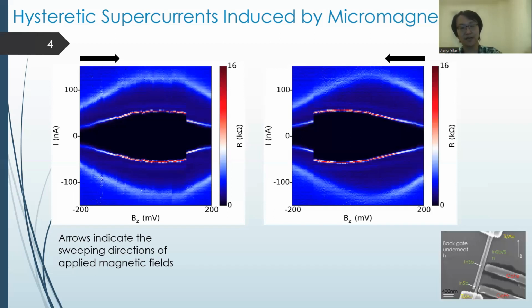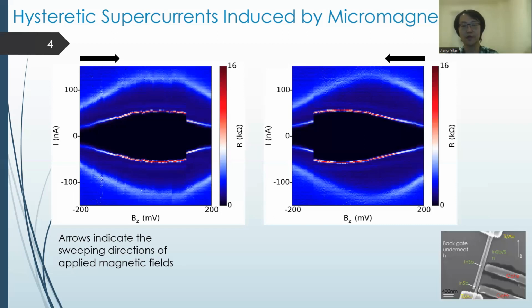This tells us the effectiveness of the local magnetic field generated by the two cobalt iron strips. Of course, this SNS junction structure is not the typical